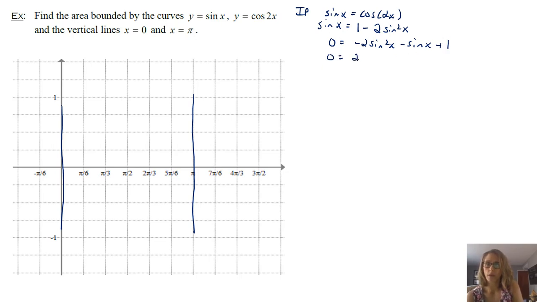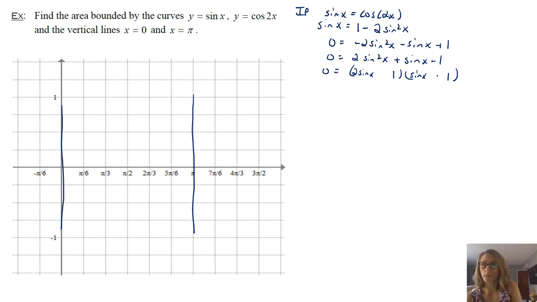I'm not a huge fan of the negative, so when I set this equal to 0, because I'm bringing everything to one side, I'm actually going to change the signs of everything. I'm going to multiply through by a negative. The reason I do that is I just don't want my leading term to be negative. But now what you have is a trinomial. So what we're going to do is we have 2 sine x, sine x. So notice I have a sine x squared, and then I've got a sine x, and then I've got a constant. So factoring is pretty common.